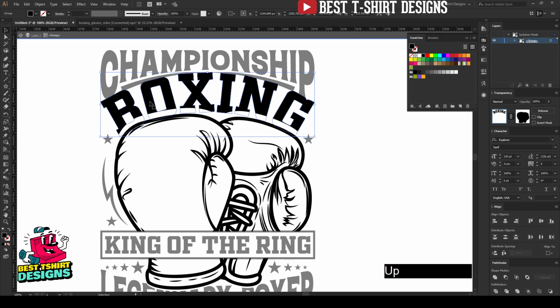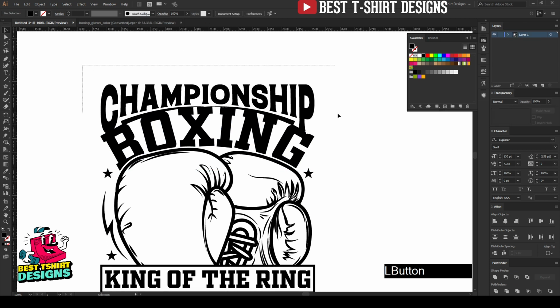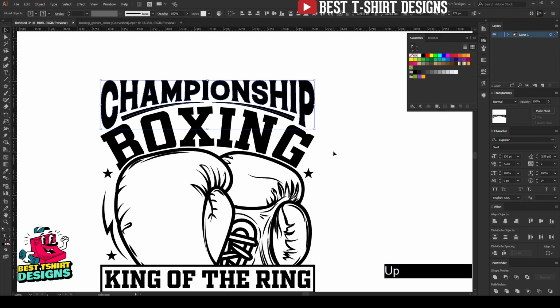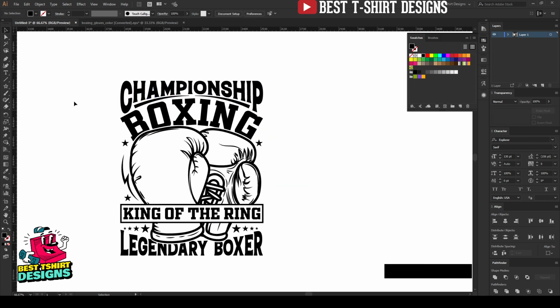I am pressing 3 times up. So inside the transparency, whatever we pasted, we need to bring that 3 times down. 1, 2, 3. So that is how you can fix them, because that is the magic of transparency. We can always change our graphic. So as you can see, this is how it is looking, and of course it is going to look like a full front design,